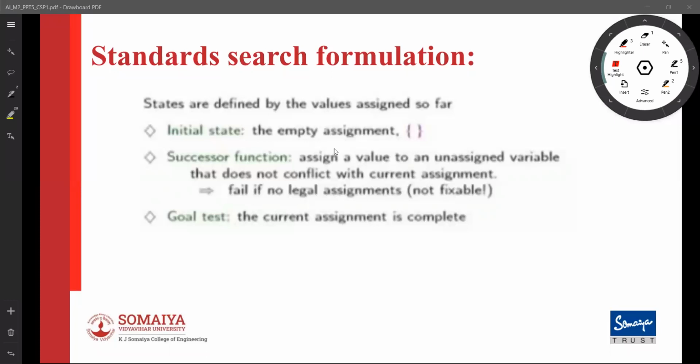If at some point I cannot assign a value to a variable, then I will backtrack. If I reach the goal state, my current assignment is complete. If it is complete, all the constraints will naturally be satisfied because we are checking the constraints at every step.